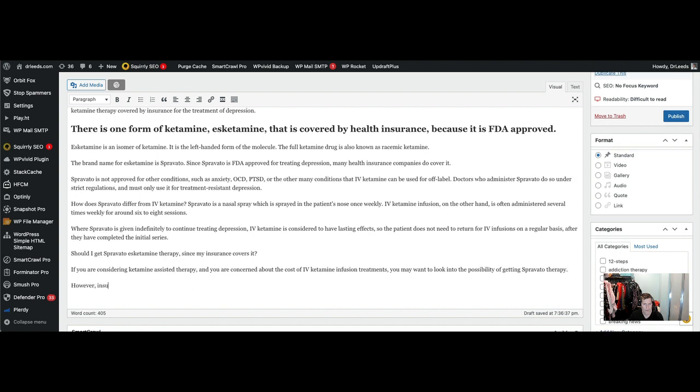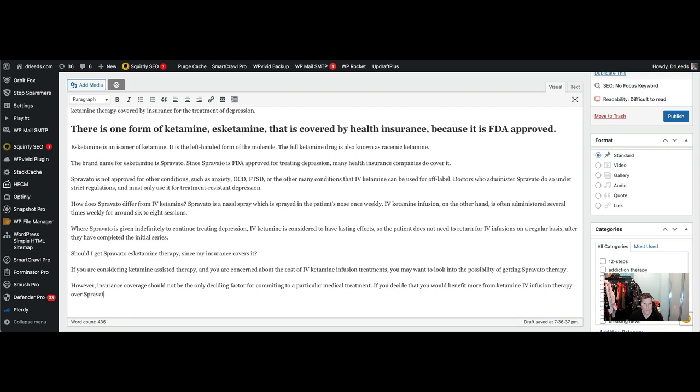However, insurance coverage should not be the only deciding factor for committing to a particular medical treatment. Benefit more from ketamine infusion. I don't know if I did this one yet. Ketamine IV. If you decide you would benefit more from ketamine IV infusion therapy over Spravato nasal spray therapy,